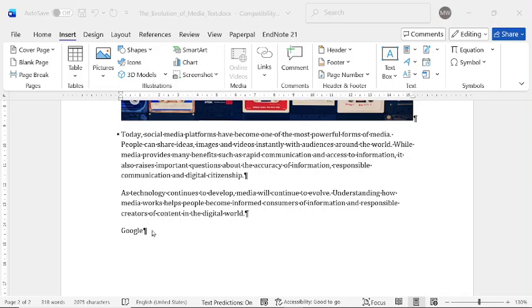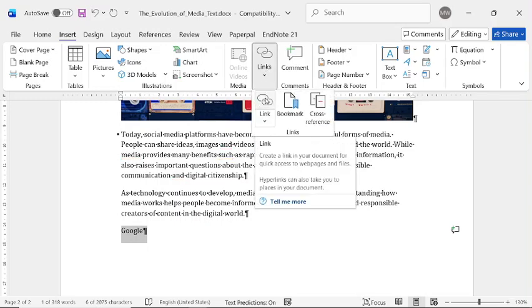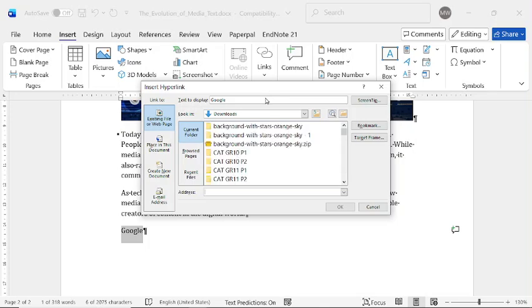And I'm going to use, here at the bottom, the word Google. I'm going to select Google. I'm going to go to my Insert tab, go to Links, and click on the link icon, and this will open up. So here you can see a bunch of different documents. This is currently my downloads folder, where you can go to an existing file or a web page, a place in this document. You can click on it to create a new document as well as to send an email. Now since this is Google, all I'm going to type in is